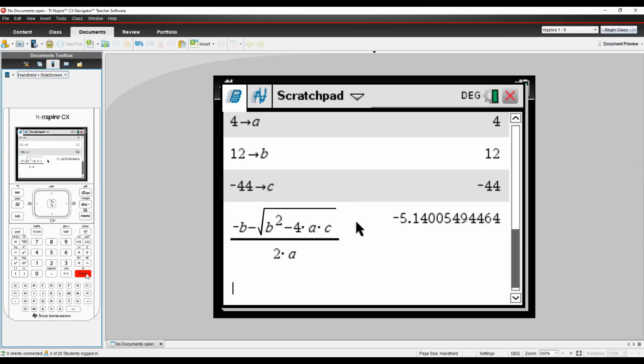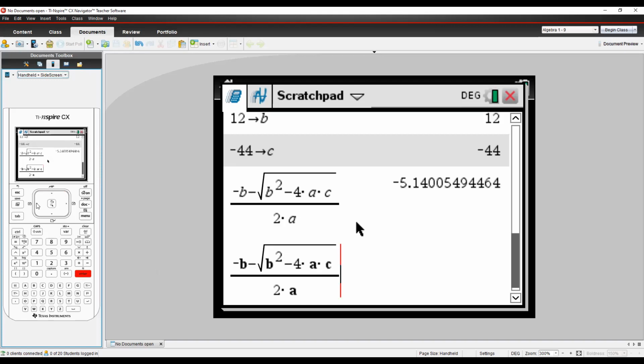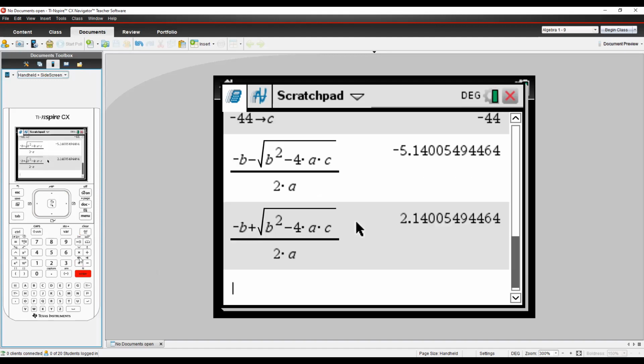And then I press enter and it tells me that one of the answers, rounding it to the nearest hundredth, is going to be negative 5.14. Now, if I want to find the other root, I just take this, copy it, and change that minus outside the quadratic to a plus. So delete this, make it a plus, press enter. So the other answer